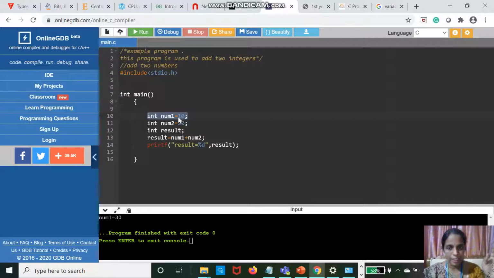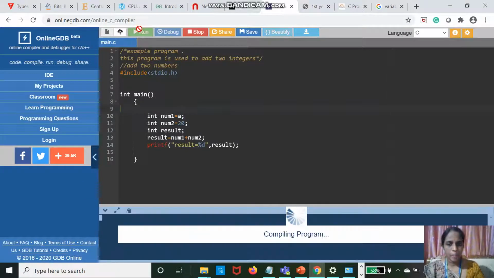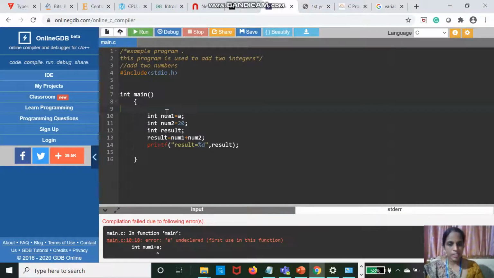I'm reserving a space that can hold only integer values. It can be 10 or 5 or 100, any integer value. But I cannot hold a character here. I'll get an error, because I told the operating system to reserve a space named num1 that is going to store only integer values, but here I try to give a character value.